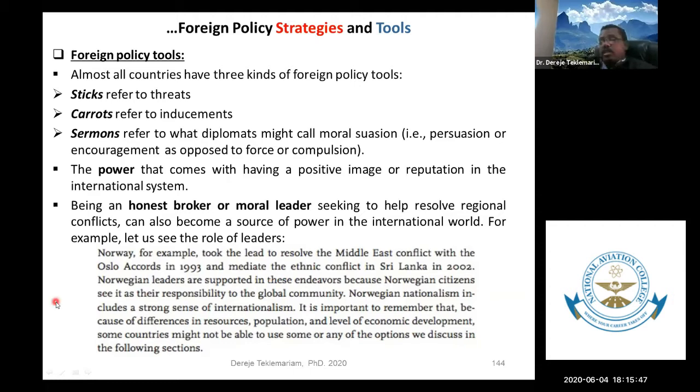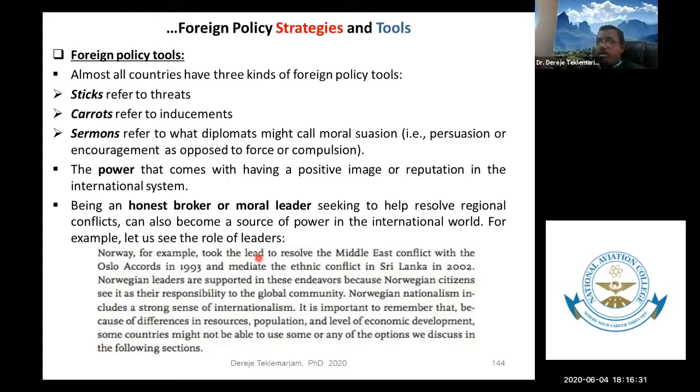Scandinavian countries also tried to deal with the South Sudanese case, but the great powers, with their huge economic and geopolitical interests, immediately seized it and the Scandinavians left. Still, they are dealing with some issues even on the African continent. So this is the power. Norway has a very good oil economy and knowledge export. But if there is a moral leader or a good broker, normally the Norwegians and the Swedes come to the front in the international arena.